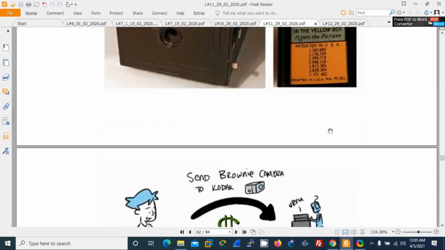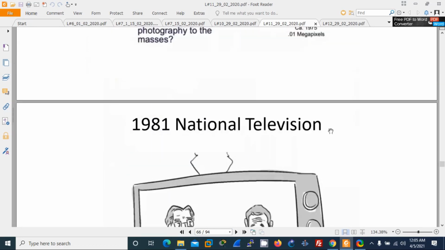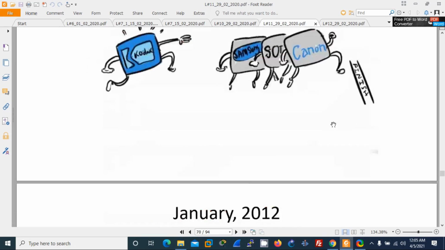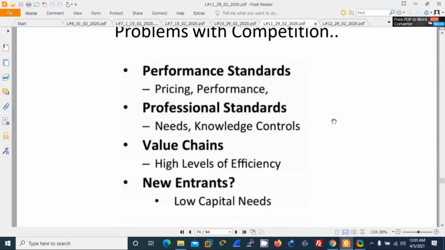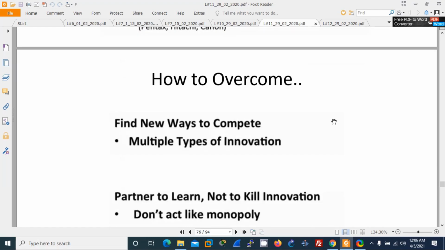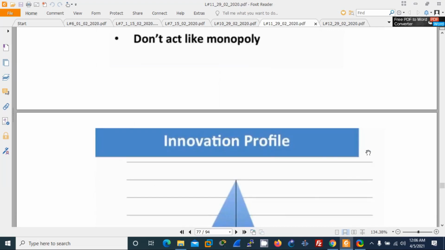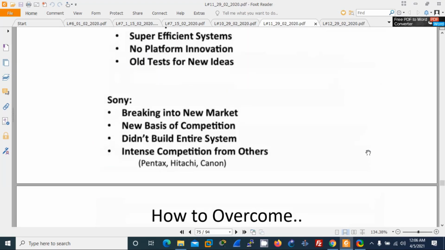So I highly encourage you to go through this lecture note properly, because this is the only lecture note that discusses the constraints and how we can overcome those things. And also, another issue with the industry is